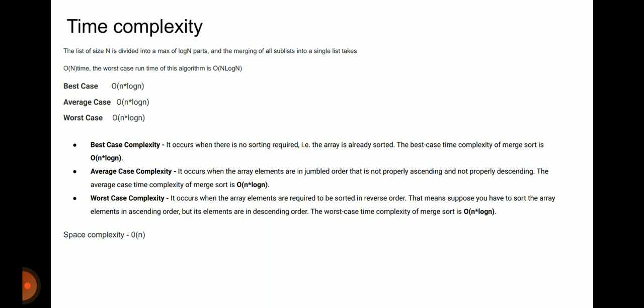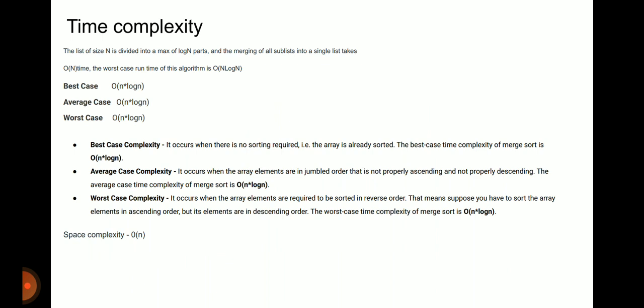The time complexity of merge sort: the list of size n is divided into a max of log n parts, and the merging of all sublists into a single list takes big O of n time. The worst case runtime of the algorithm is big O of n log n, and the best case, average case and worst case are all big O of n log n, and the space complexity of merge sort is big O of n.